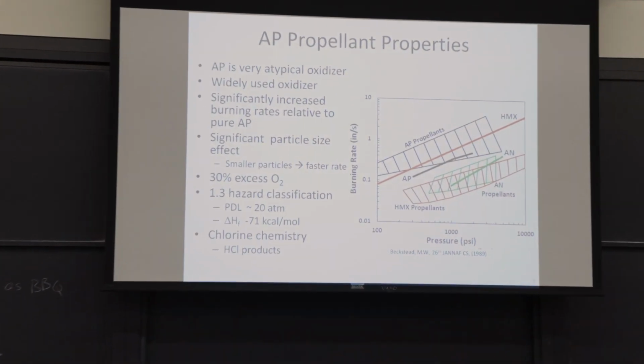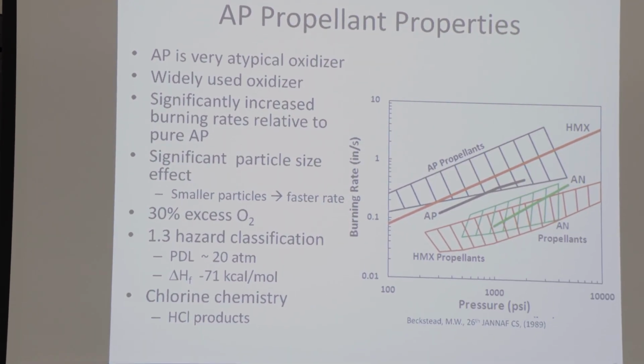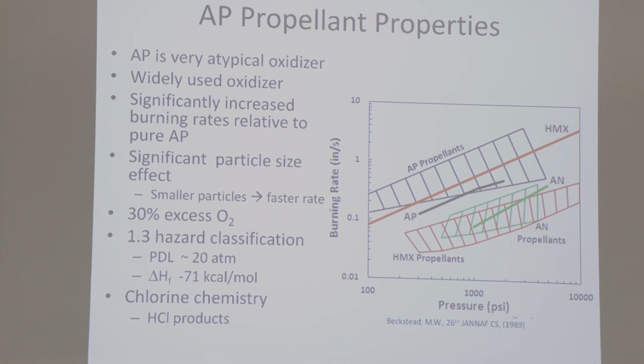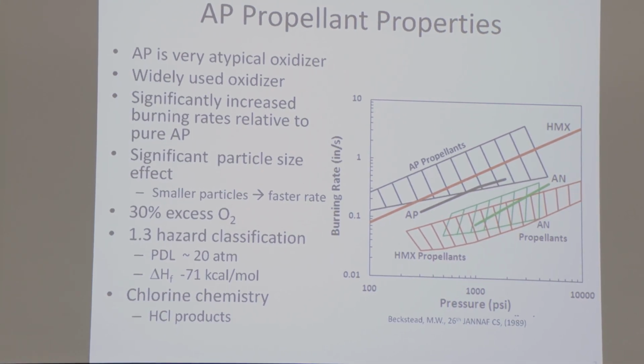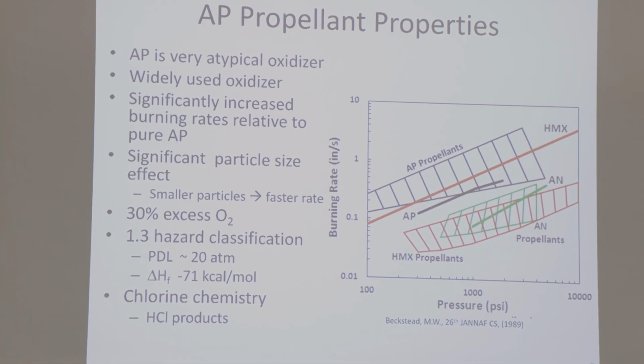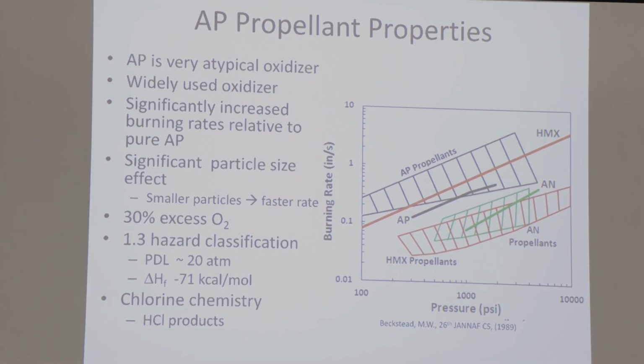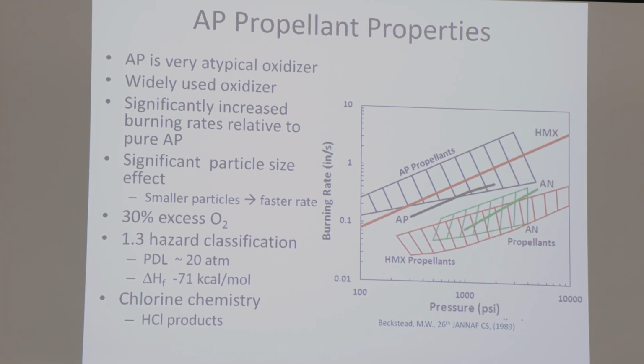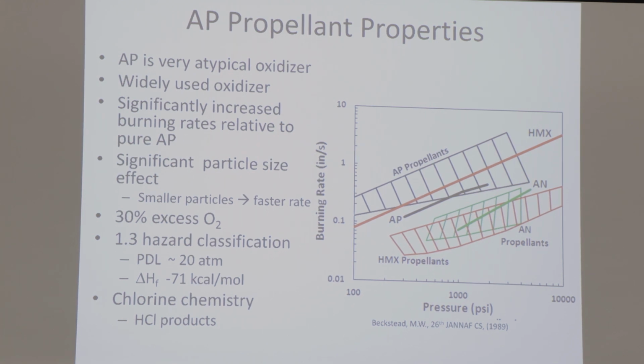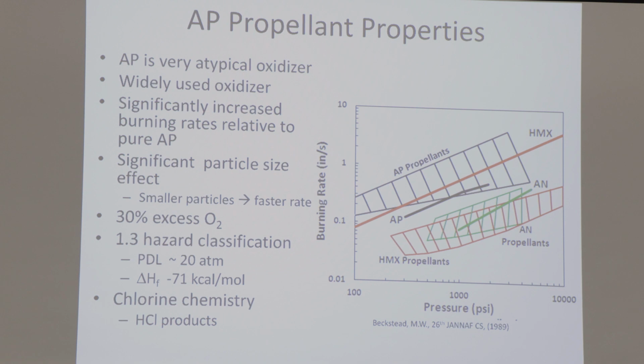So here, looking at AP propellant properties. AP is an atypical oxidizer, although it's the most widely used. It significantly increases the burning rates relative to pure AP, and there's a significant effect of particle size. Small particles burn faster. They produce an excess of 30% oxygen above the monopropellant flame. And they have a 1.3 hazard classification. The low pressure deflagration limit's 20 atmospheres. And it's basically an exothermic reaction. The biggest problem is that it has chlorine. And there's a lot of research in trying to find an appropriate replacement for AP, but unsuccessful to date. AP is just that good of a